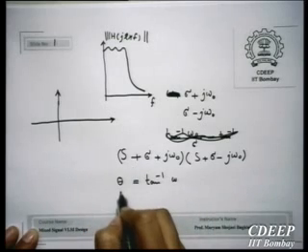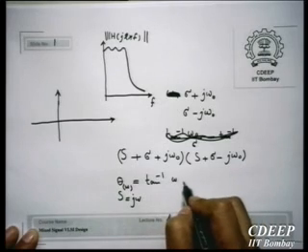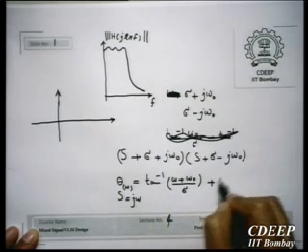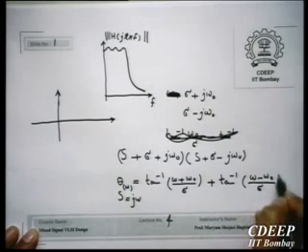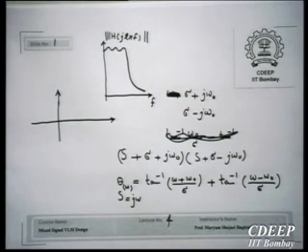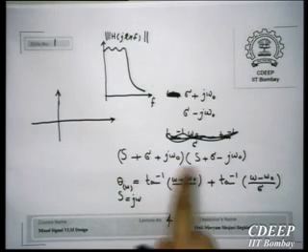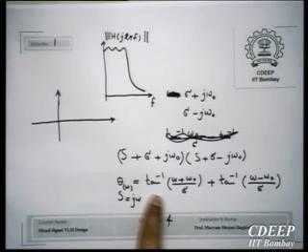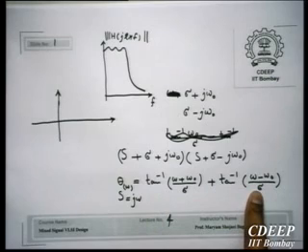And S is equal to j omega. Therefore, theta of omega will be tangent inverse of (omega plus omega 0) upon sigma plus tangent inverse of (omega minus omega 0) upon sigma. Now, if you have reduced sigma, what happens is, if you are close to omega 0, in fact in the vicinity of the pole, because sigma is small, here you won't see a change in the sign, but here you will see a rapid change in the sign. And this rapid change in the sign